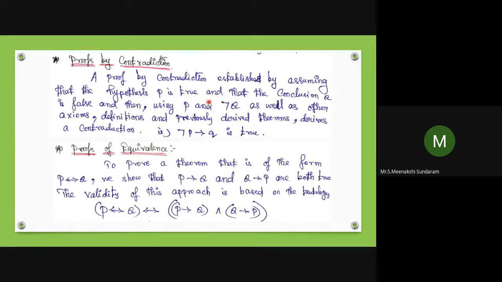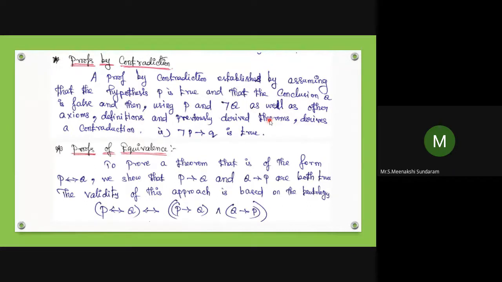The hypothesis we assume is true and the conclusion is false. Then using P and the negation of Q. I told you root 2 is irrational; that is the conclusion. I take the negation of the conclusion. Suppose I take Q as root 2 is irrational. Then I take negation Q: root 2 is rational. That is, not irrational, meaning the other case, rational. That is, P the hypothesis is true and the conclusion is false.